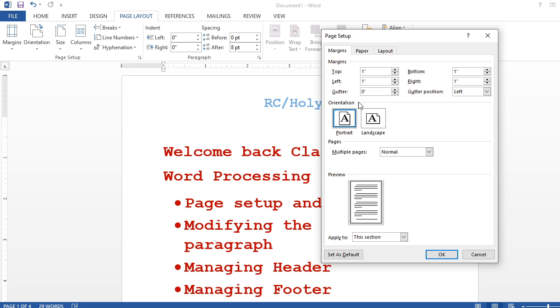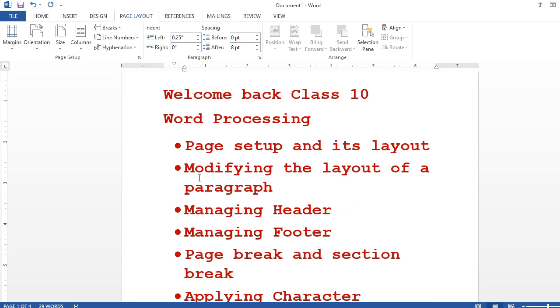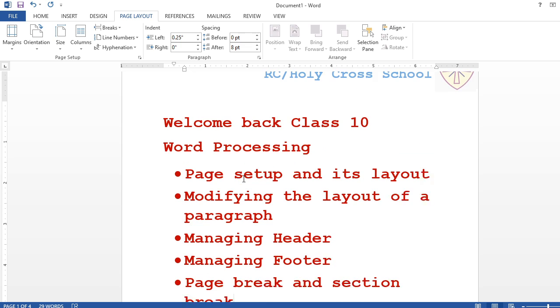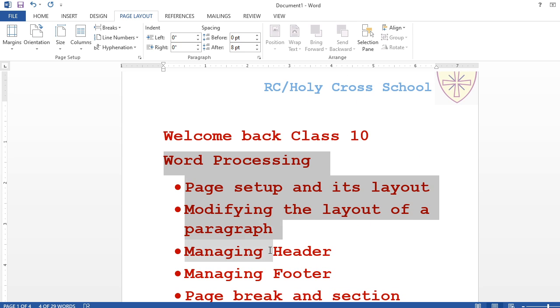Are you getting me? This gutter position is left. Suppose you want to stitch your pages, then you should leave the area here. Accordingly, this will be the area where you are going to stitch your pages in book or booklet form. Okay, so that is all about page setup here, understand? First of all do this, then start typing. Now you have started typing here. Suppose I had already typed all this. Now in this typing, are you finding I am writing one line, and again I am writing more than one line.